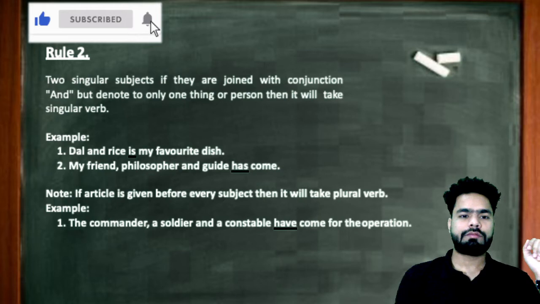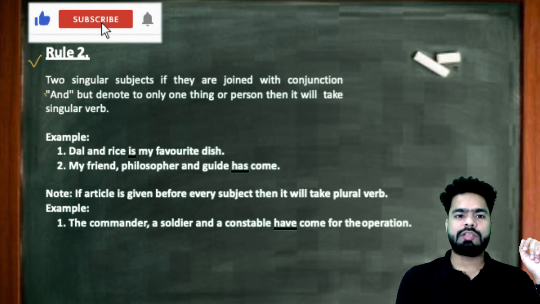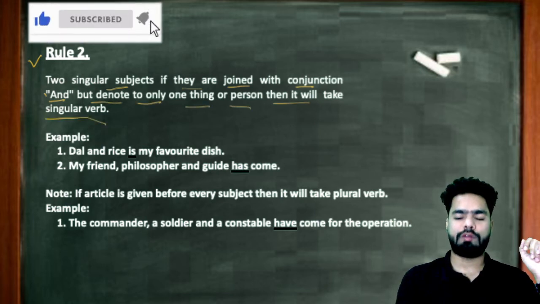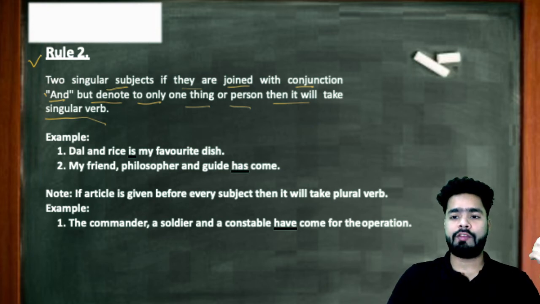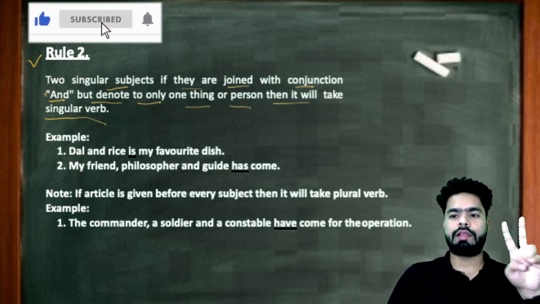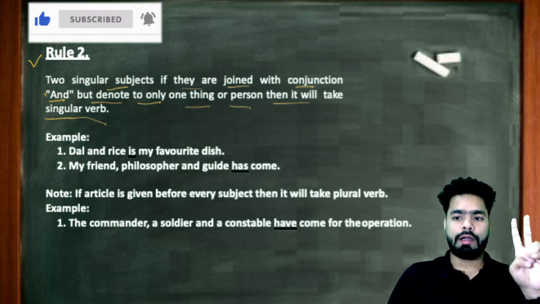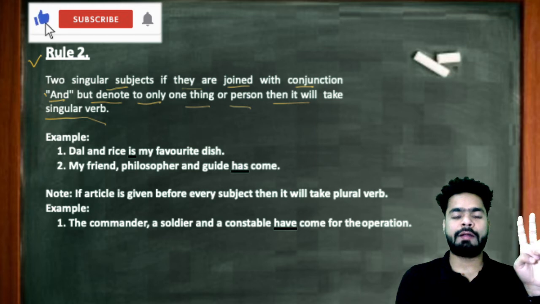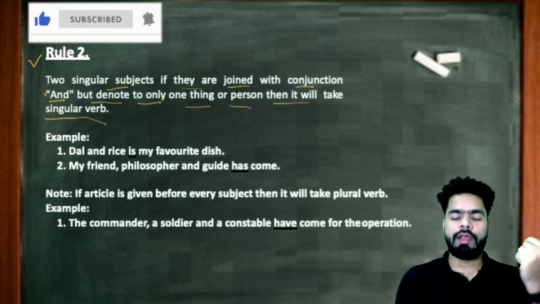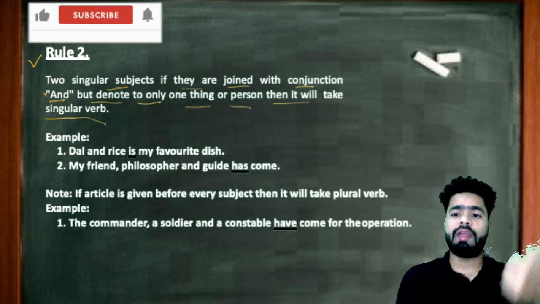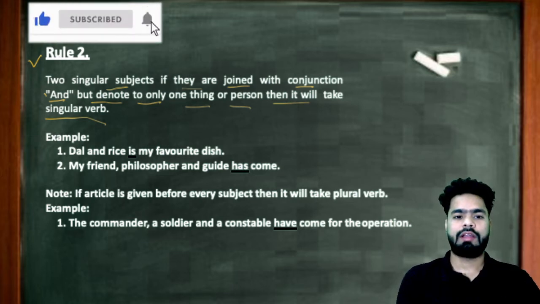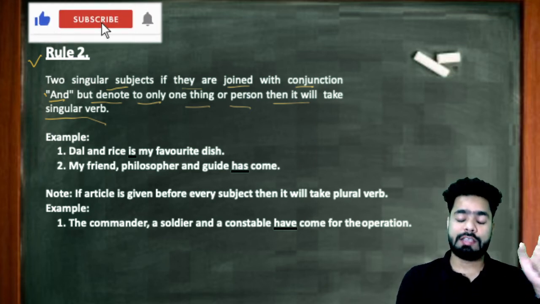Next, here we have rule number 2. Rule number 2 says that if two singular subjects are joined with the conjunction and but denote only one thing or person, then it will take a singular verb. What we have studied in the last rule is that when two singular subjects are joined together with the conjunction and, they take a plural verb. But there is a case where two singular subjects are joined together with the conjunction and, but they denote a single thing, a singular noun or pronoun. In this case they will have